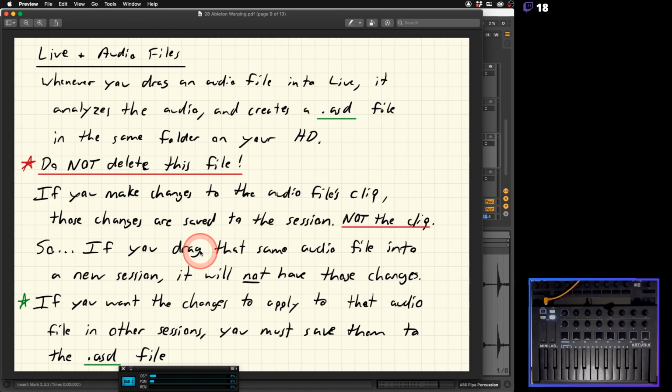That's more advanced stuff. Okay, Live and audio files. Whenever you drag an audio file into Live, it analyzes the audio and creates an ASD file in the same folder on your hard drive. Do not delete this file. If you make changes to the audio file's clip, those changes are saved to the session, not the clip. So if you drag that same audio file into a new session, it will not have the same changes. If you want the changes to apply to the audio and the other clip, then you have to save them